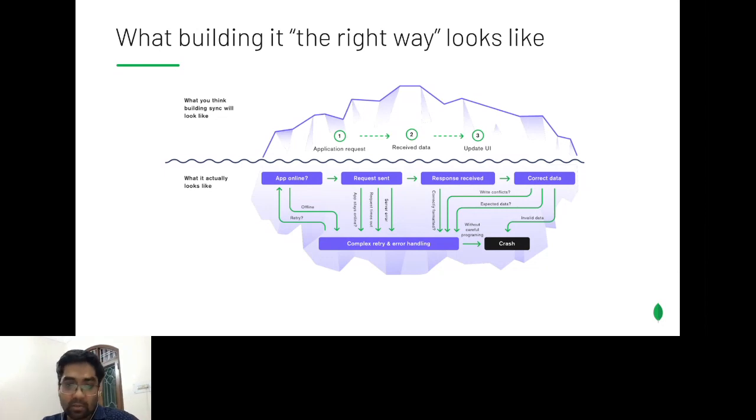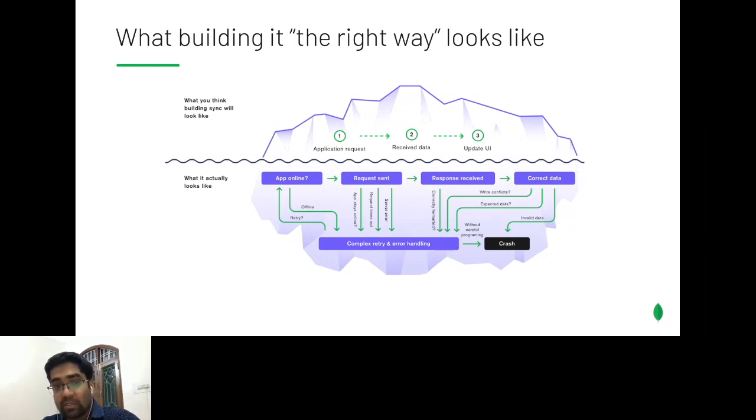If anything messes up, you end up in a very complex retry mechanism or an error screen, right? Which is not an ideal thing we want to show to our user. And God forbid, if we missed one of the use cases or one of the edge cases, sorry, it might end up in a crash. And since all of us are programmers, we don't like crashes at all, especially when you're building a good feature and you want to give the best user experience.